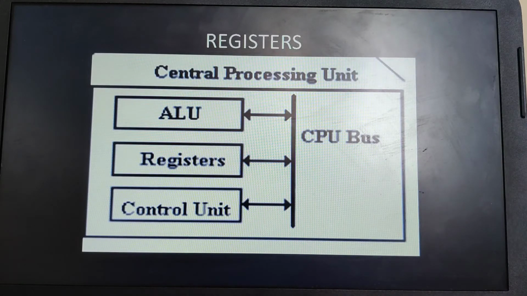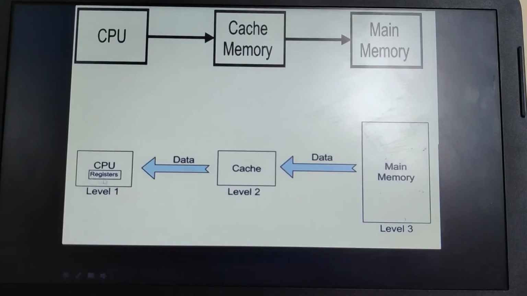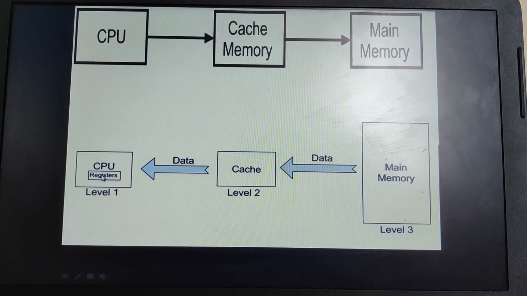Now in this video we need to discuss the registers. As we have discussed, the computer's internal memory consists of the registers, cache memory and the primary memory. We have completed the primary memory, and we need to cover the registers and the cache memory. Registers are considered high speed temporary storage memory located inside the CPU itself. Can you see the registers are stored in the CPU itself? Here you can clearly see, and they are considered high speed storage.